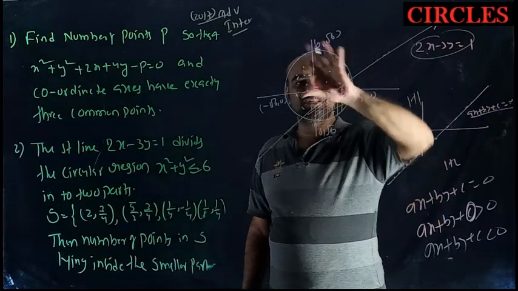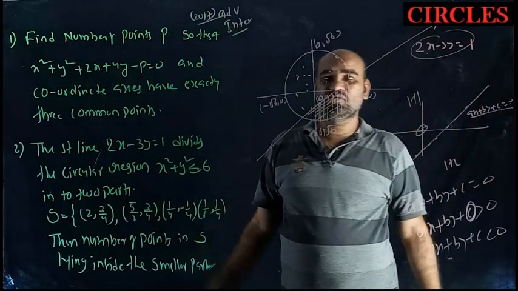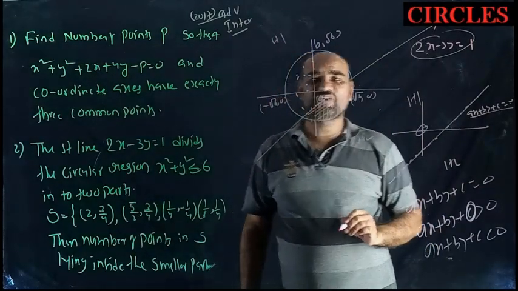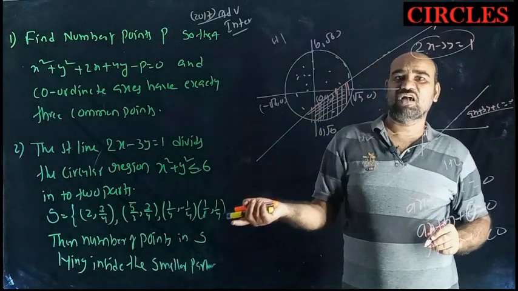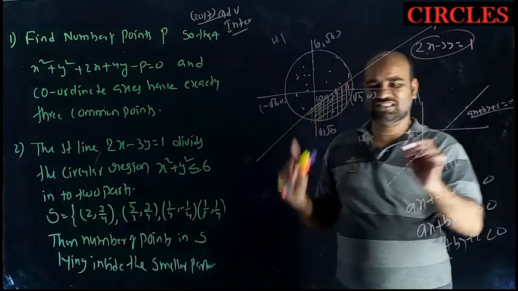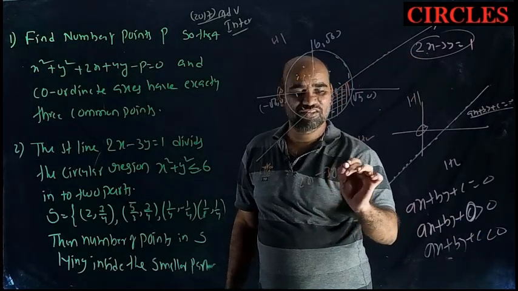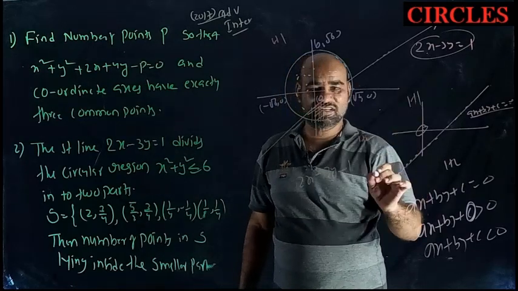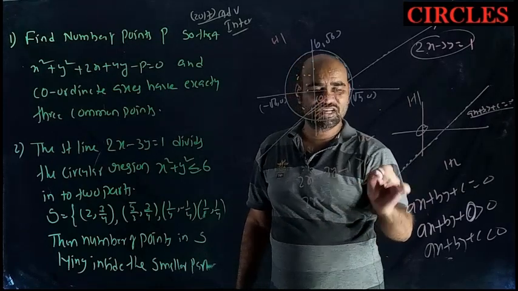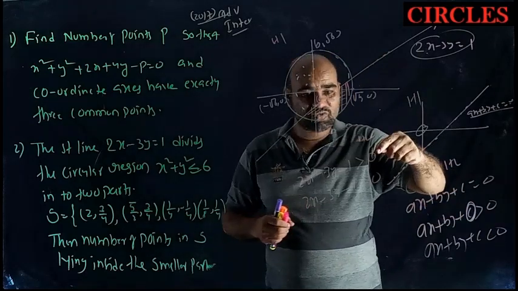Now every point on this line is satisfied by 2x minus 3y equal to 1. This line divides the total plane into two half planes. Say this is H1 and this is H2. Now we want to identify the algebraic rule satisfied by half plane H1, and similarly the rule satisfied by half plane H2. I will simply write 2x minus 3y minus 1 greater than 0, and another is 2x minus 3y minus 1 less than 0. Only two half planes.